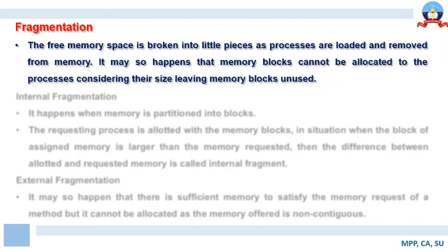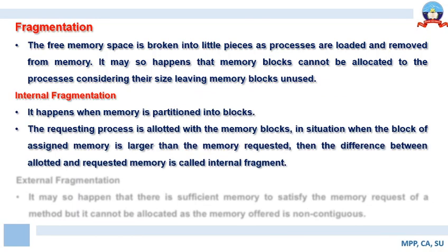Now there are two types of fragmentation that are possible. First one is called internal fragmentation and the second one is called external fragmentation. Now let us try and understand what internal fragmentation and external fragmentation refer to. Internal fragmentation happens when the memory is partitioned into blocks. The requesting process is allocated a memory block. In a situation when the block of assigned memory is larger than the memory requested,